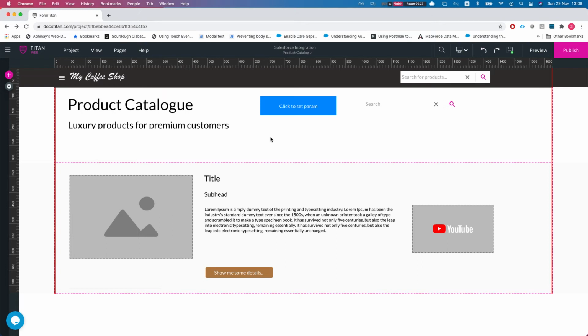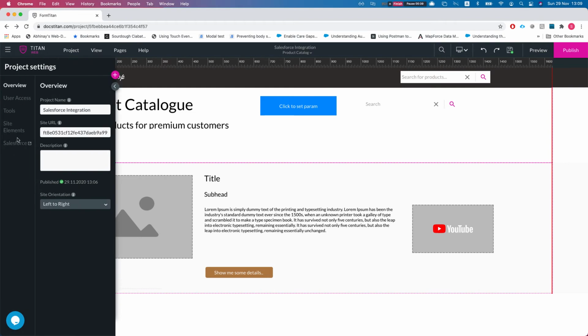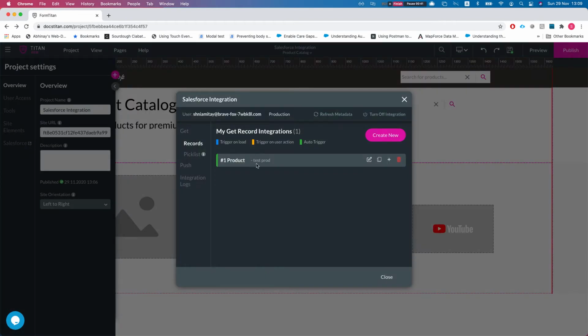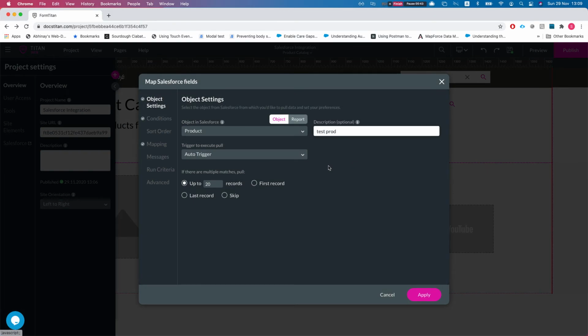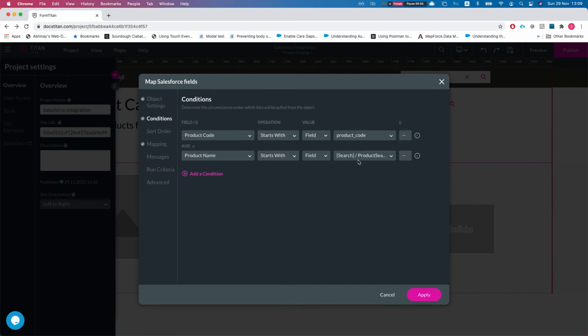So what we have here is a page with a repeated stream that we have mapped from the Salesforce get. So let's head over to our Salesforce, so project settings, Salesforce, and here we have a get set up to pull records from the product object, and we're running it on the auto trigger. In the previous videos we covered what the auto trigger means. So basically whatever we have in the condition,